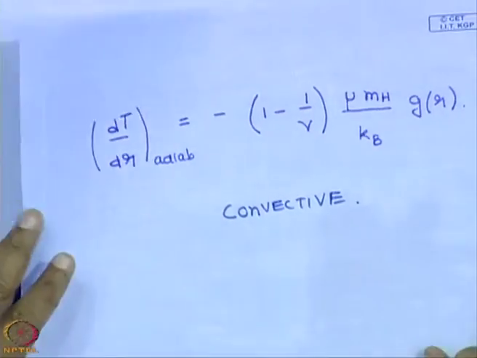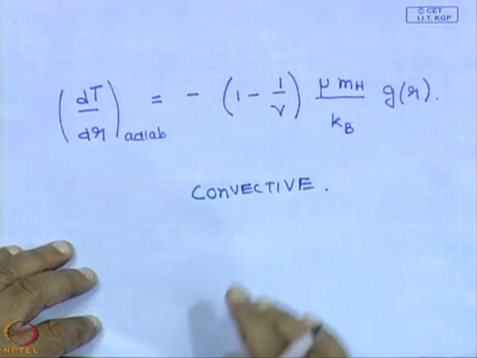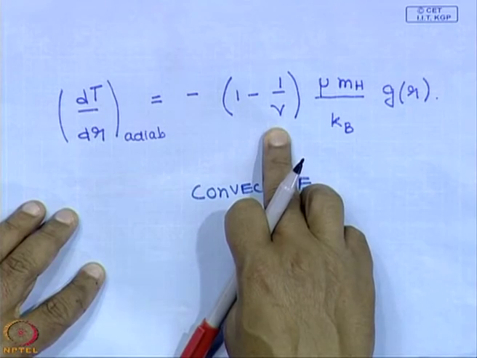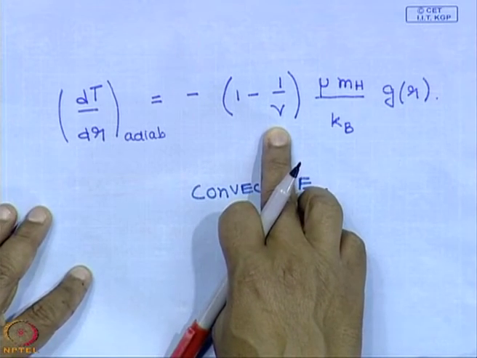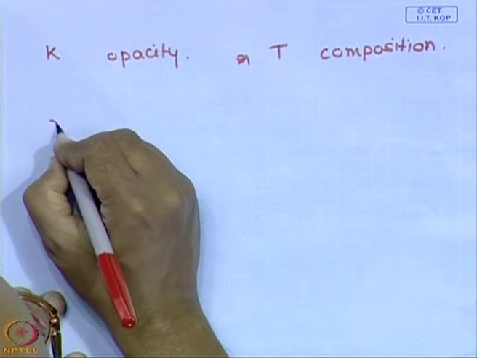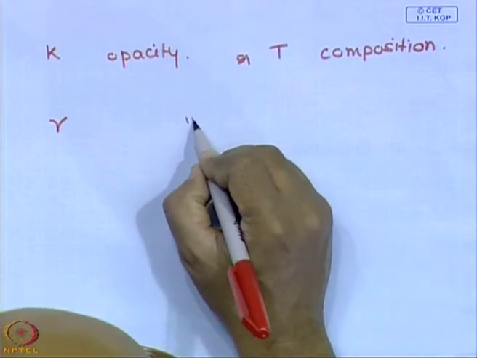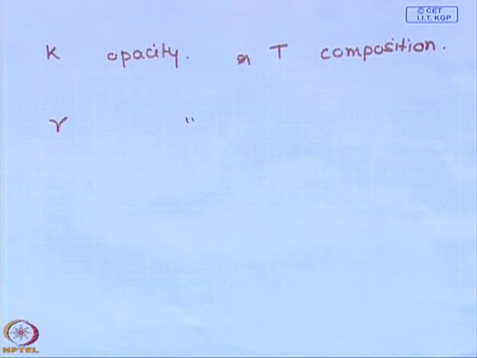If you have convective transport, and to determine which of these two is going to be effective, you need to also know the gamma, the adiabatic index, right. So, one has to also calculate gamma. These are all factors that one has to simultaneously solve, and the value of gamma could in principle vary from position to position. So, this again has to be calculated, and it will depend on the composition, etc.